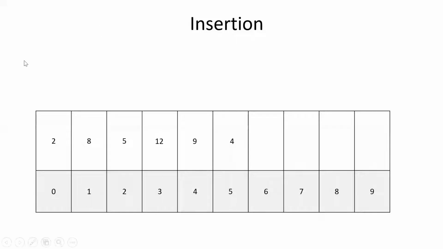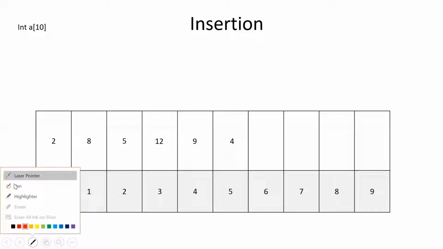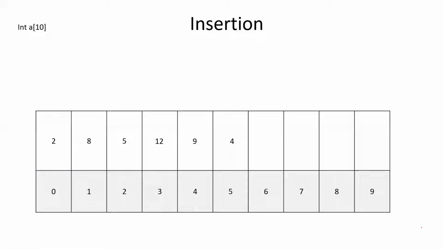Okay. So here, when you declare an array, we'll be declaring it as an integer, and the size we will be giving as 10. That means we'll have the starting index as 0, and the last index number will be n minus 1. So 10 minus 1. That means it is 9, right?